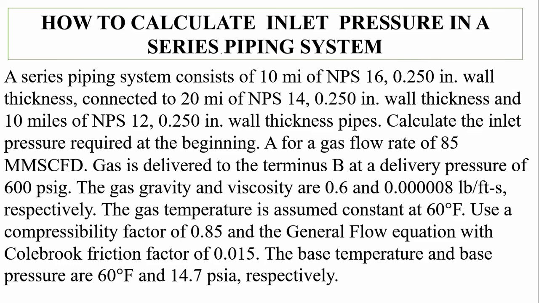Use a compressibility factor of 0.85 and the general flow equation with the Colebrook friction factor of 0.015. The base temperature and the base pressure are 60 degrees Fahrenheit and 14.7 psia respectively. Now let's begin. From the given information,